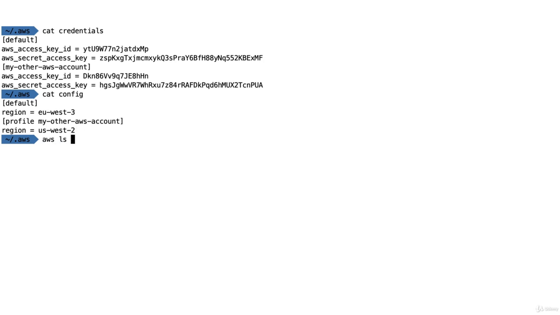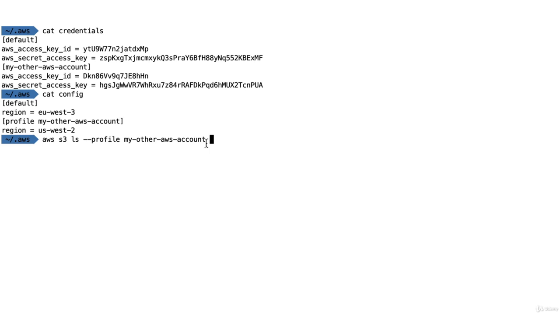Now, if you do AWS S3 ls, this is going to execute against the default profile, okay? Because this is how we configured it. But if we want to execute this function against another profile, say my other AWS accounts that we just configured, we have to add --profile and the name of the profile we have. It's just a little trick you should know about, but basically for any command, you can use --profile and set the profile name you want, as long as you've configured that profile beforehand using the AWS configure command line.